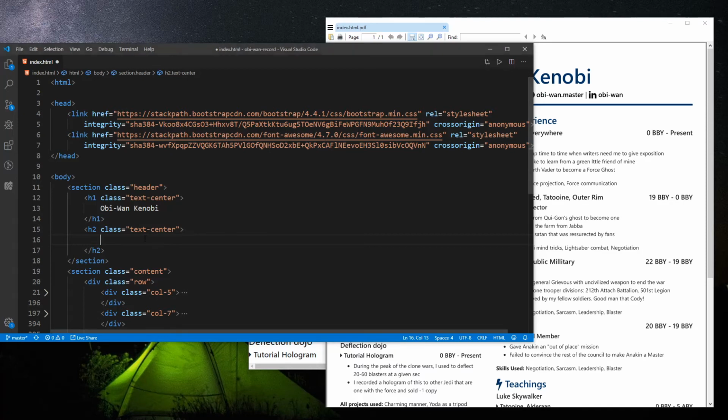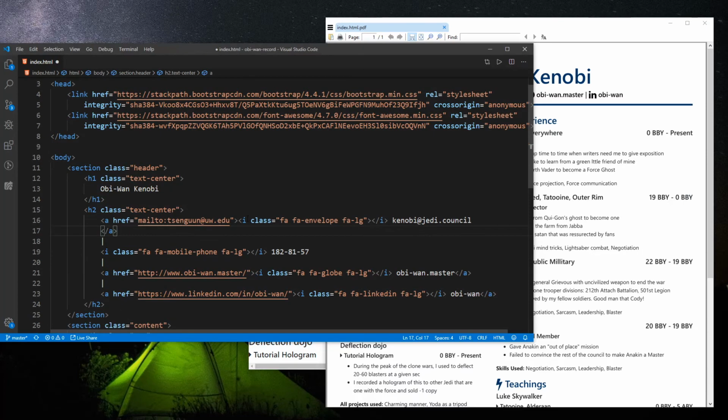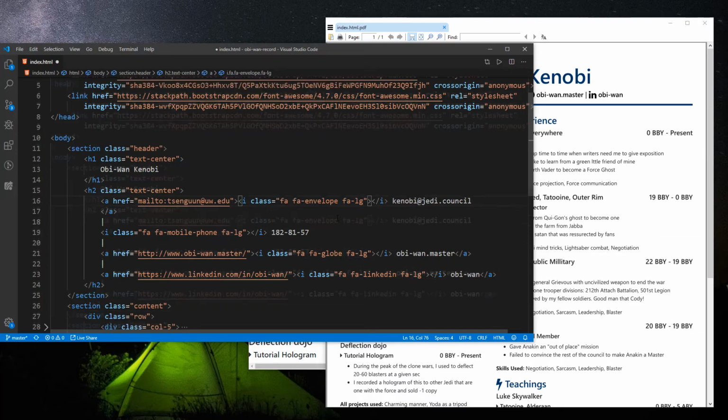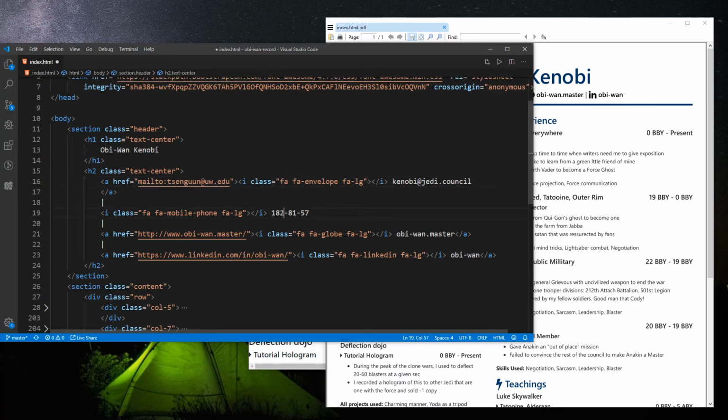So this is pretty straightforward, and there's nothing complicated in here. It's just adding icons, and FA-LG means convert the icon to become a large icon. And this is the phone number, phone icon, and then it's just the external link, right? So if you click, it will just go to the personal website or whatever, and this will just email you. So let's save this